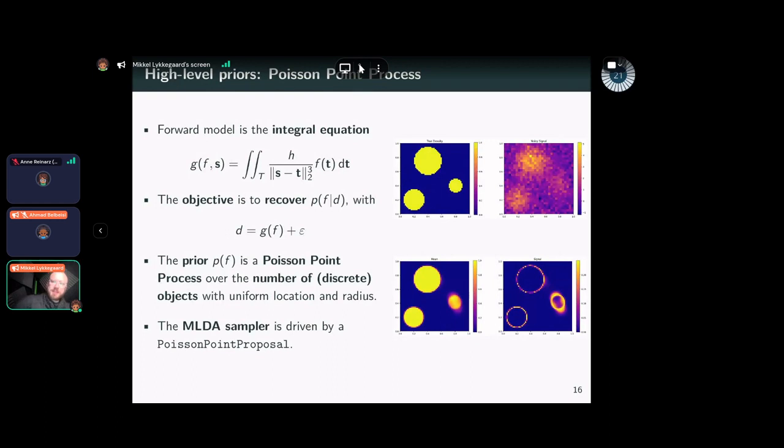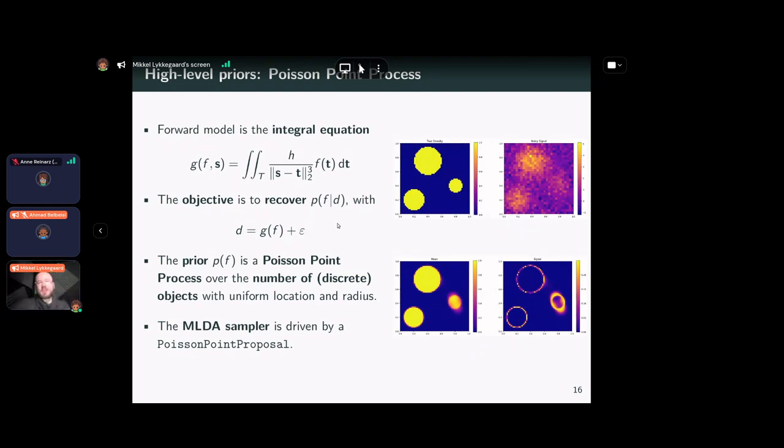So these are some experiments I've been running recently. I'm interested in higher level geometrical priors. So for example, this is a deconvolution problem. You have a mesh distribution here on the left, and this could be a gravity measurement. So you have some heavy objects underground, and then you measure them on the surface. So you measure their effect on a gravitometer. And so, yeah, this is the true underground density, and this is then what you measure on the surface.